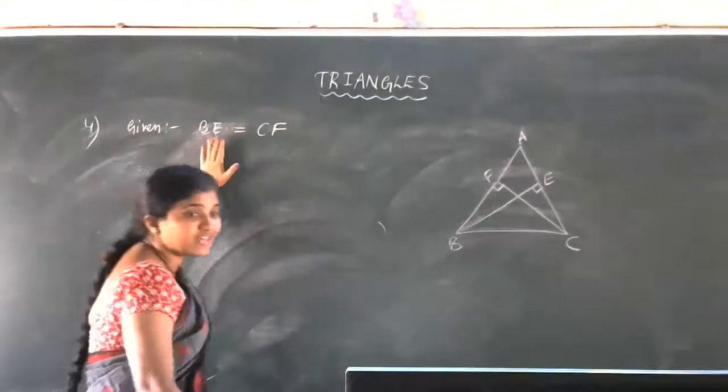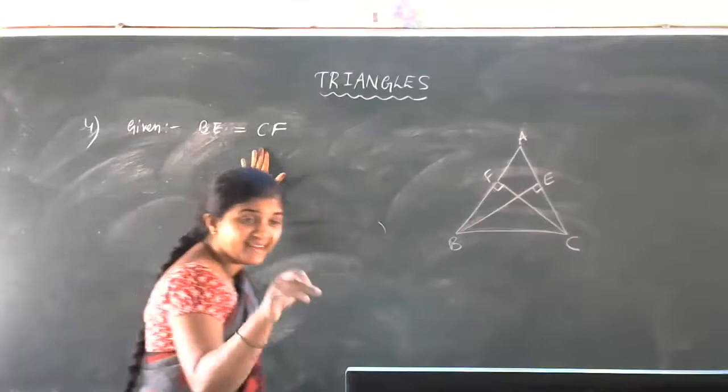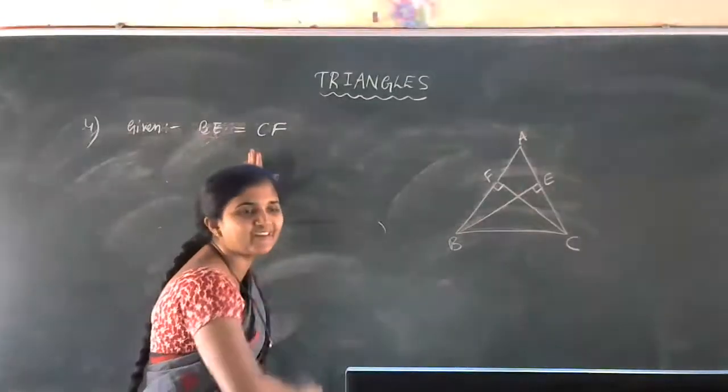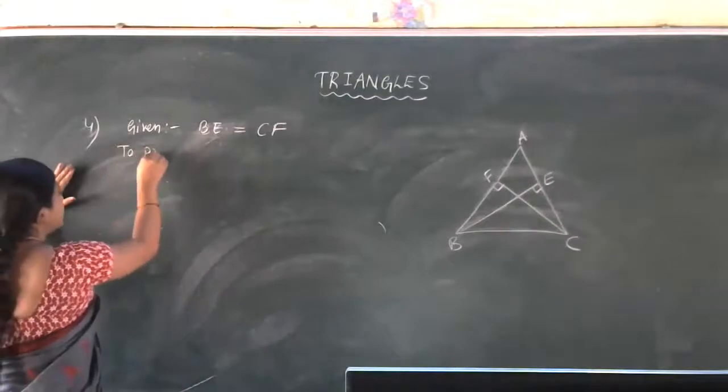Just observe the third problem. In the third problem, this BE and CF are in the to-prove part. Now this is in the given part. Okay. So now what we have to prove here? To prove is,